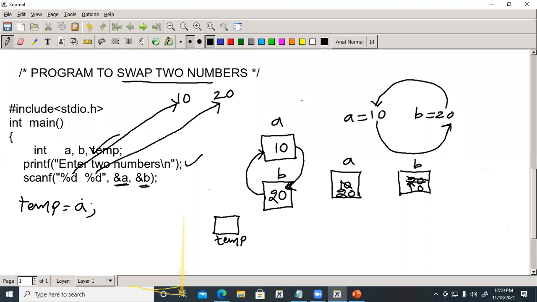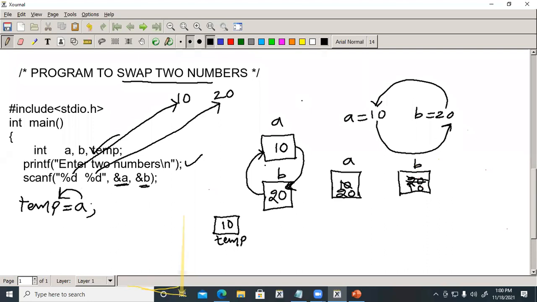What happens? Right to left assignment will be performed here. A means it is not the letter A stored in temp. The value present in the variable A will be stored in the variable temp. What is the value present in A? 10. So this 10 will be stored in temp. If you write A is equal to temp, that is wrong. Please remember, this equal to symbol will perform the operation from right to left. The right hand side variable value will be stored in the left hand side variable.